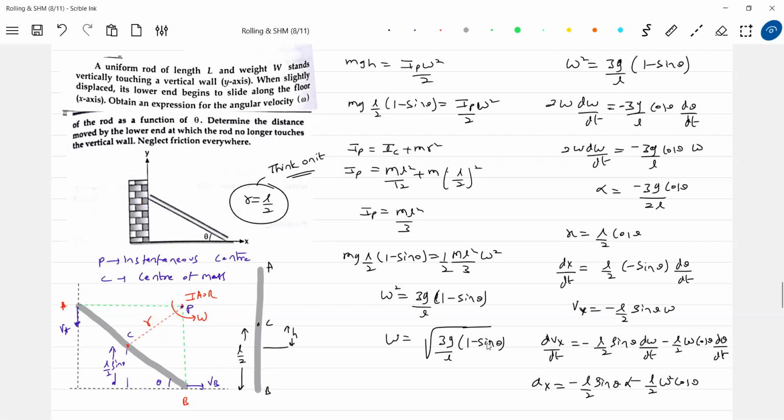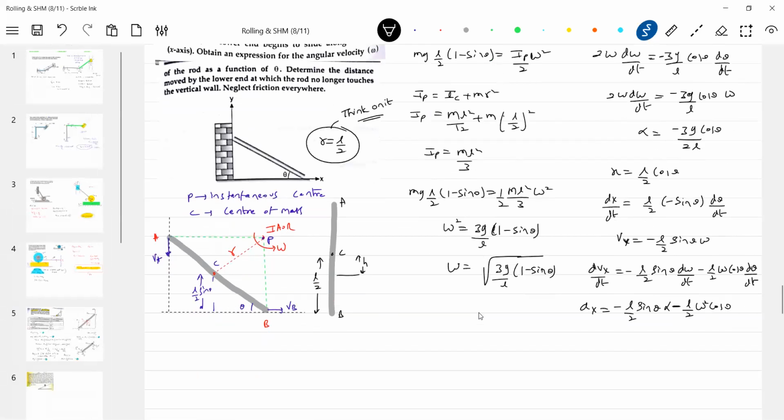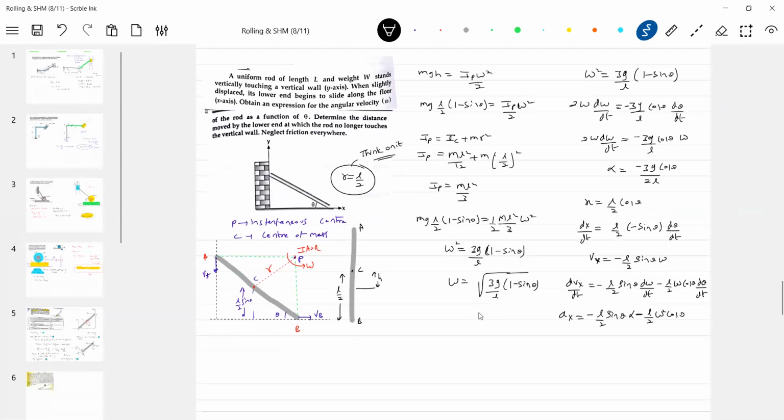This is the idea. He himself has given in the question that it will lose contact. If you get an expression for the normal contact, you can see that it will decrease with time, or as theta decreases, N will decrease, or Na will decrease. Okay, that's the initial derivation part. I'll proceed now with the theoretical one.